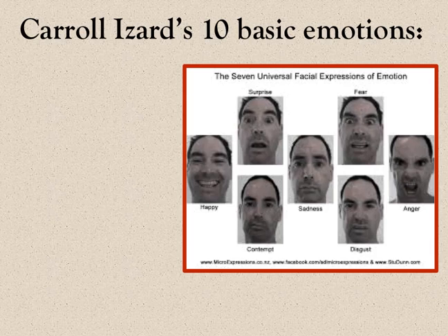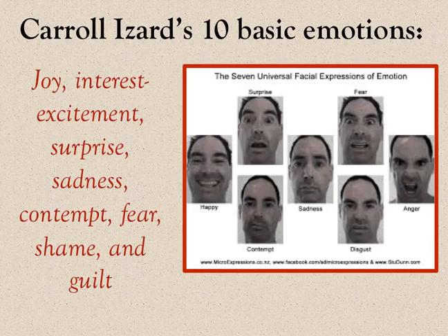First, we're going to talk about Carol Izard's 10 basic emotions. She located 10 basic emotions, and these emotions are joy, interest, excitement, surprise, sadness, anger, disgust, contempt, fear, shame, and guilt. Most of these emotions are present in infancy. Although others believed that pride and love are also basic emotions, many researchers have asked, do our different emotions have distinct arousal footprints, or do they cause arousal, or are they caused by arousal?